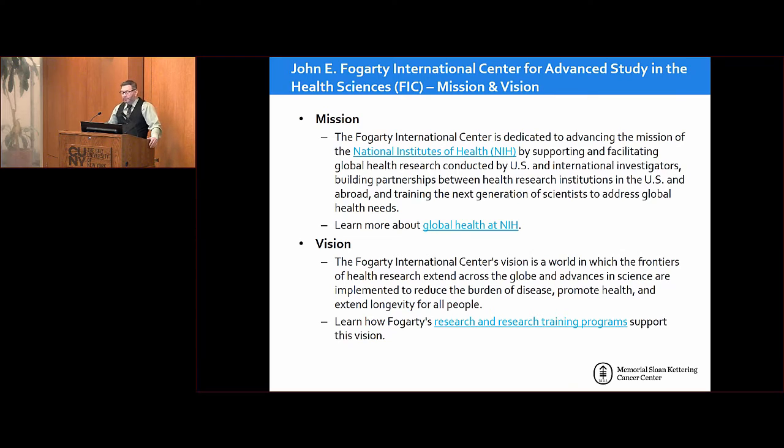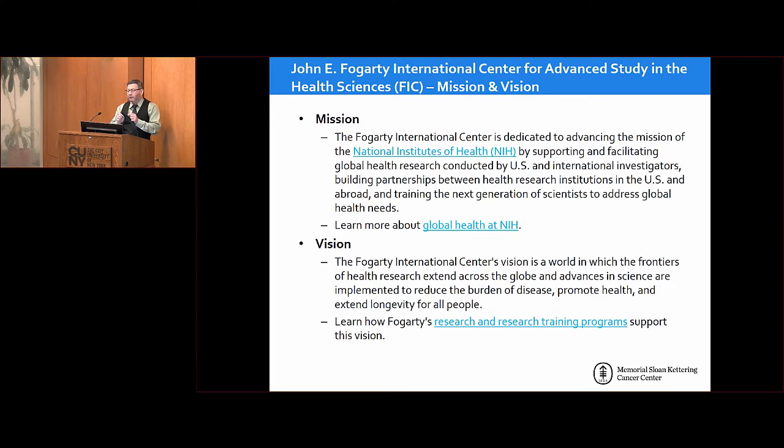Okay, you may not have finished, but to keep going, every institute and center at NIH has a mission and a vision, and you can learn a lot from those that will help in the development of your proposal, regardless of whatever international opportunity you have chosen to submit to. So if we're looking at the mission of Fogarty, they're focusing on